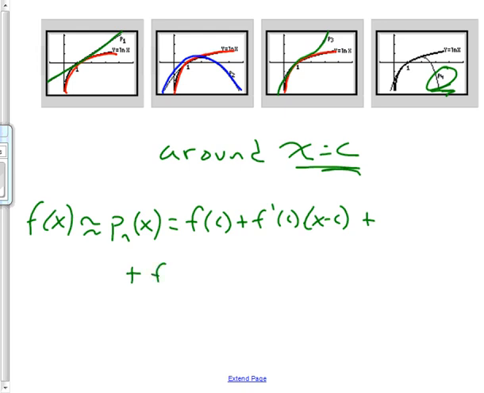So plus f double prime of c times x minus c squared all over 2 factorial plus